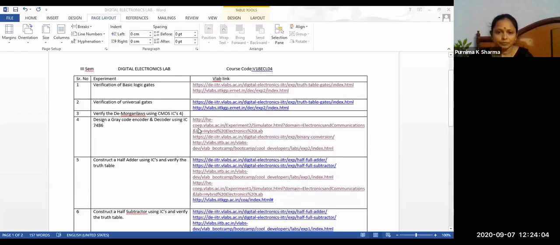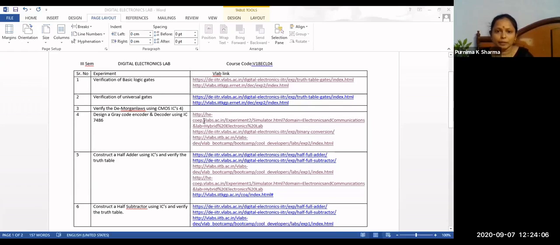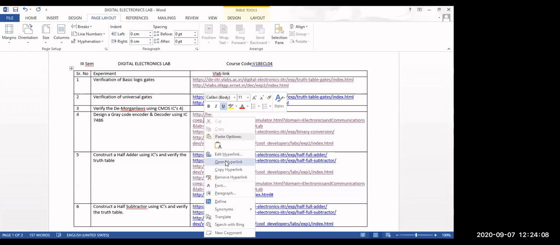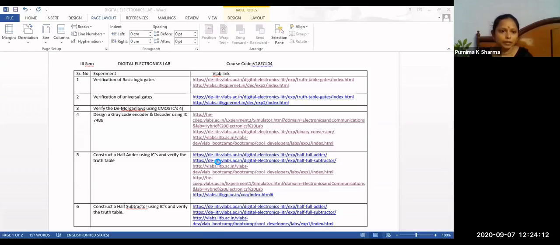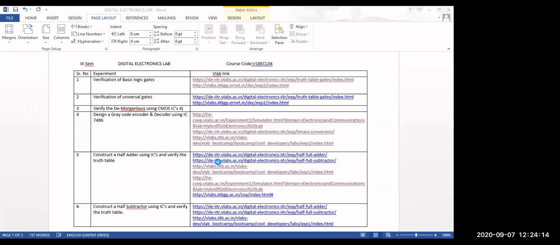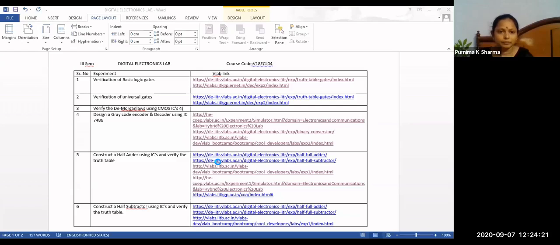Now, College of Engineering Pune is also giving a solution for this digital electronics lab. Code converters we can do using this lab. We can go for the simulator.